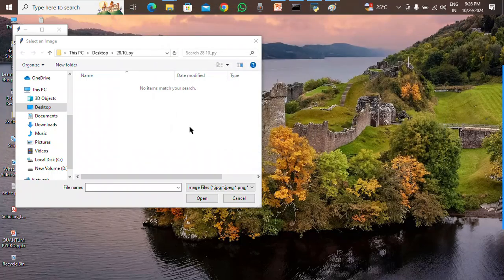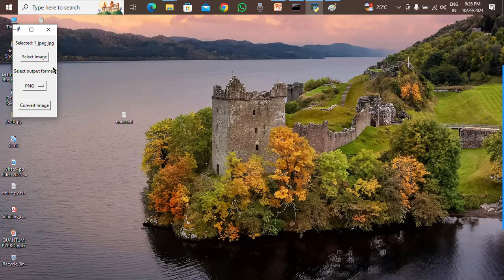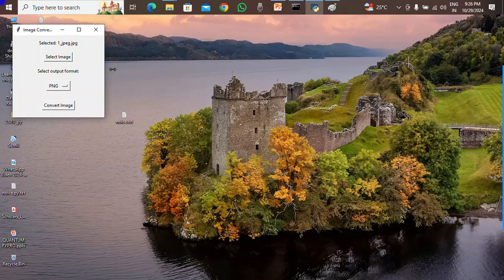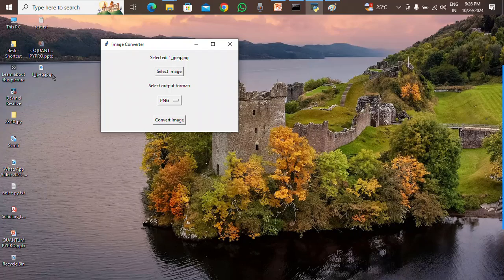Okay, now we will select the JPEG. Okay, image selected. Select the output format. Our output format by default is JPG, and we are going to convert this image into the PNG, BMP and the GIF. Same image. Convert the image to the